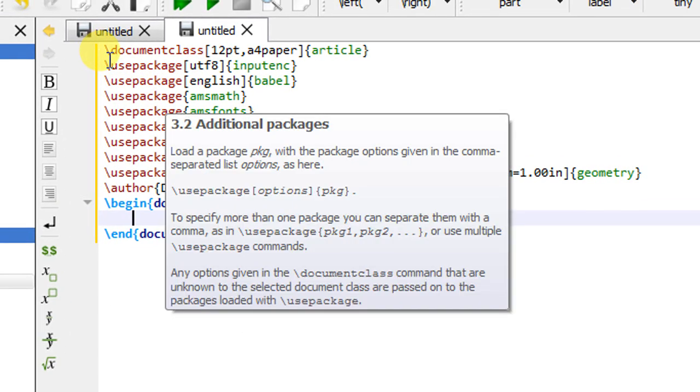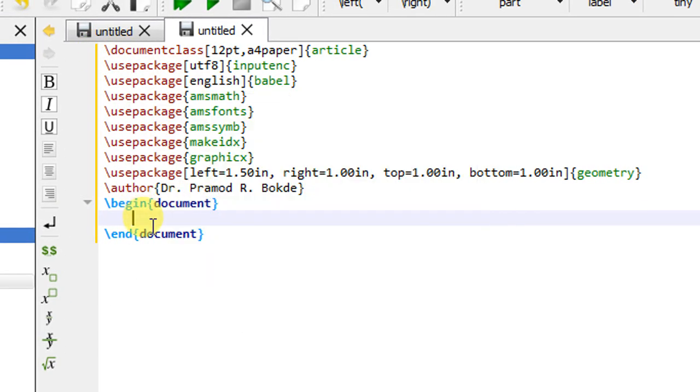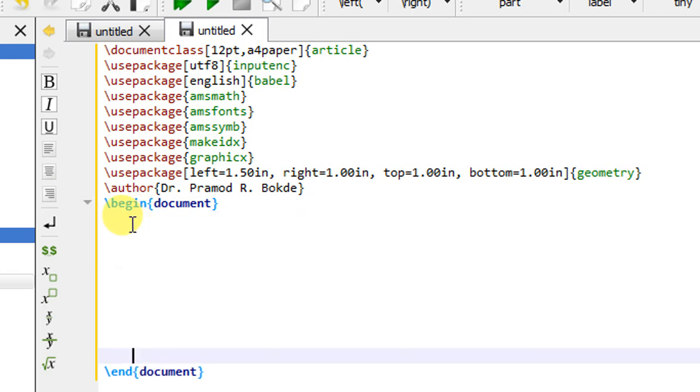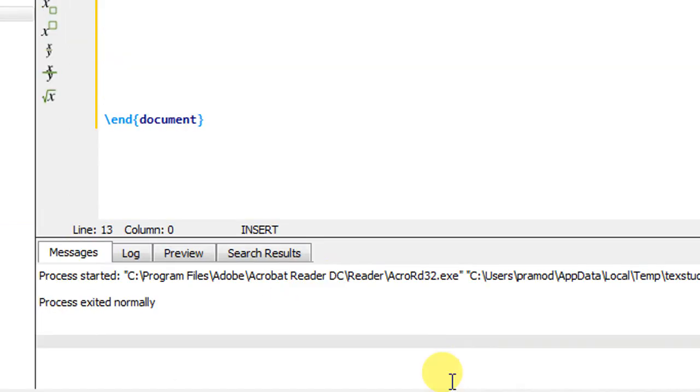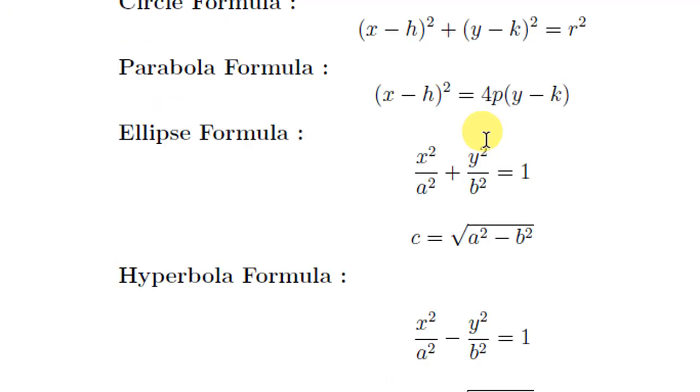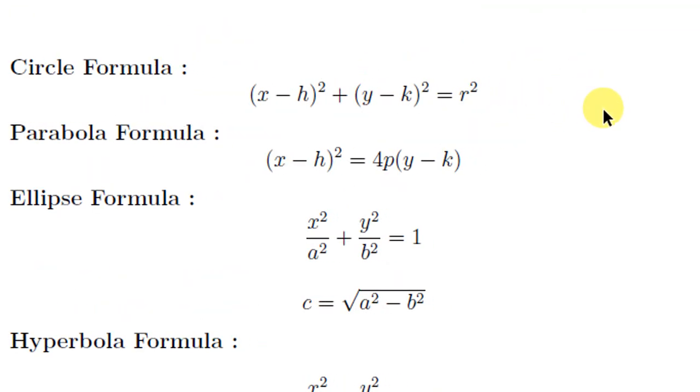Now in this template, we have seen this is the preamble portion and this is the body of your document. Here let us try to write down different types of mathematical equations. In the last video we have seen how to write the subscript and superscript for any variable in a mathematical equation. Today we will see how to write down fractions. I have some examples or formulas with me. We will try to write these mathematical equations here. I will open that file and let you know what the different mathematical equations are.